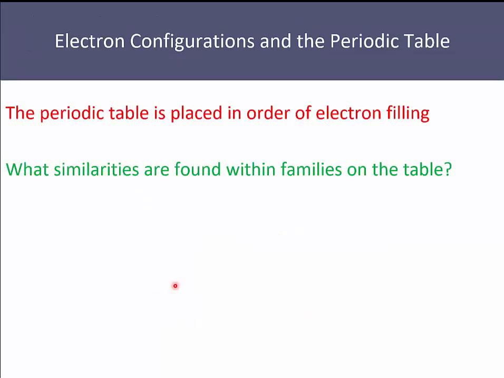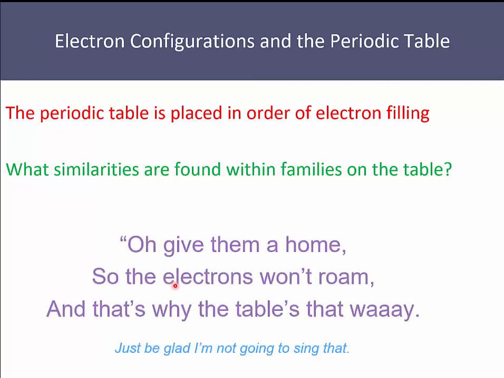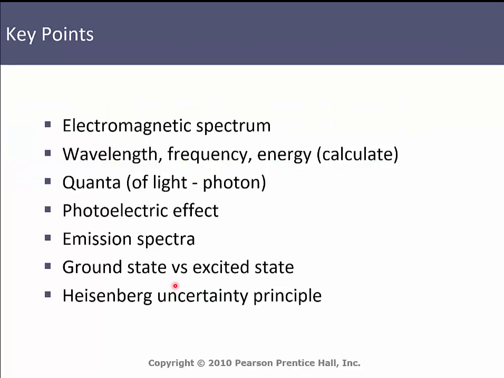So our periodic table is made based on the order of electron filling. And so the similarities you find within the families on the periodic table are all due to those valence electrons. So give them a home where the electrons don't roam. Right? So our key points